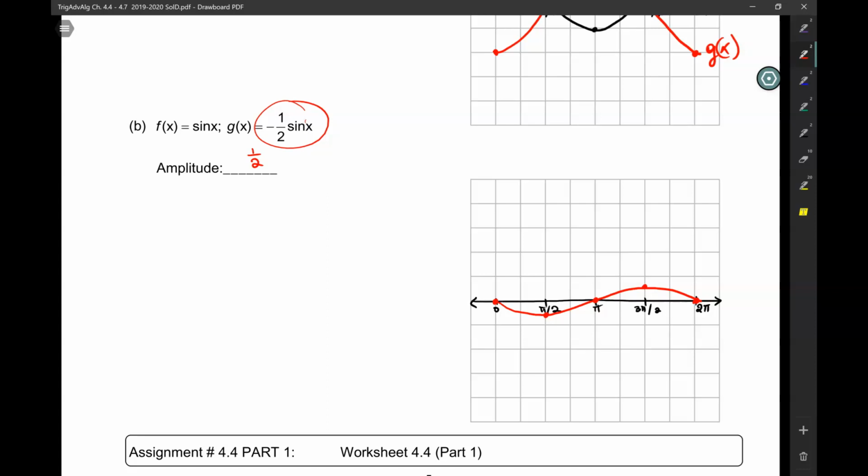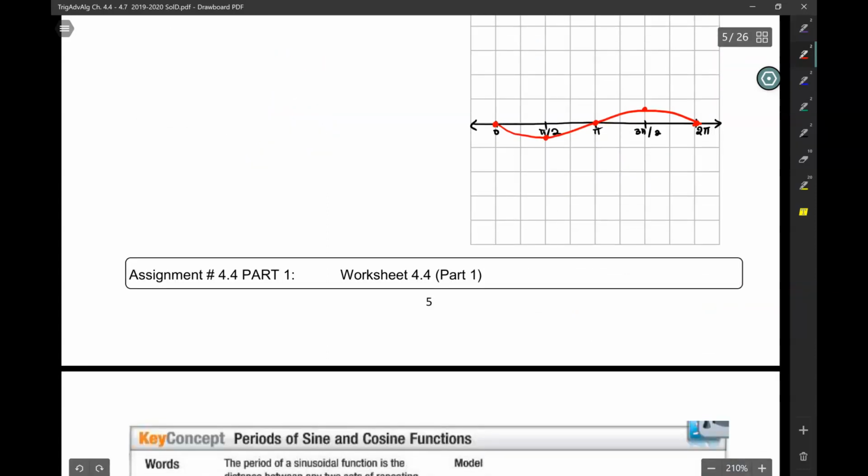Okay? Now, the worksheet has 10 graphs on there that you have to graph, and I've given you the grid. However, it's a deal breaker that this x-axis, you have to do it with a ruler. All right? Or a straight edge or whatever. And it's not that difficult. If you want, just take a straight edge, do 10 of the lines from the beginning and then go and graph them. I will be looking for